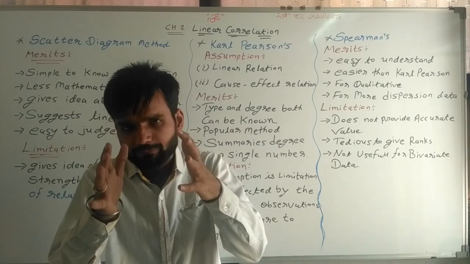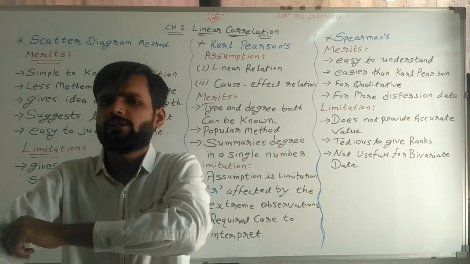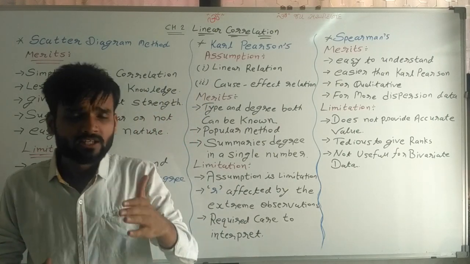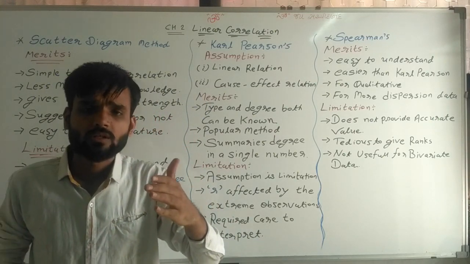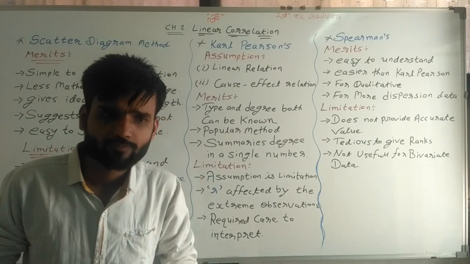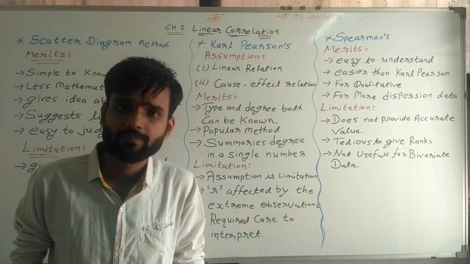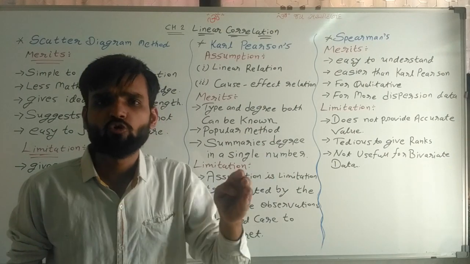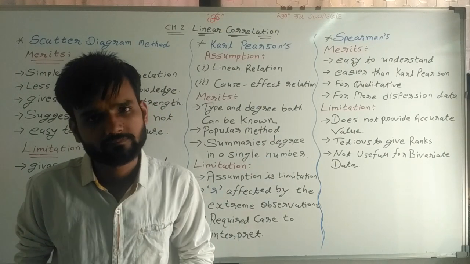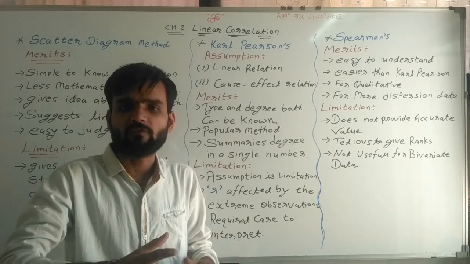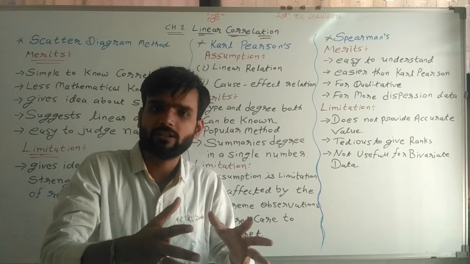Now I am giving you an example. Suppose one sum is given to you in which the values of x are 1, 2, 3, 4, 5, 6 and the values of y are 2, 4, 8, 10, 12. We are finding the correlation between these